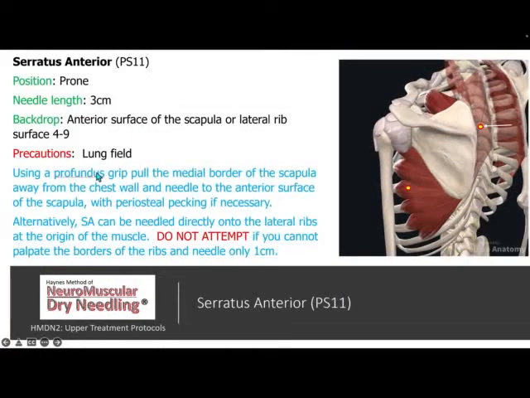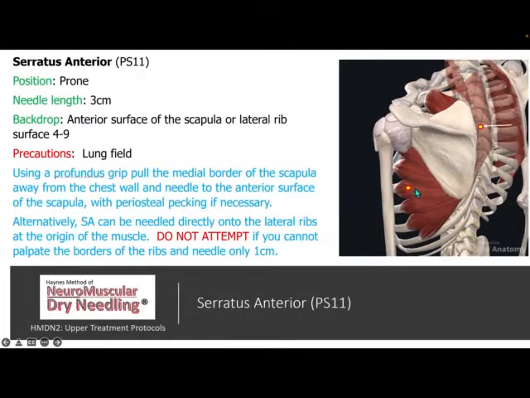Okay, and then our serratus anterior. Again, this is one that we look at fairly commonly in clinical application. We're going to look at 2 different approaches. One would be similar to what we just did for the rhomboid minor, going underneath, or to the anterior surface of the scapula, sorry. Or alternatively, if we have a patient with decent body habitus and good muscle tone, if we